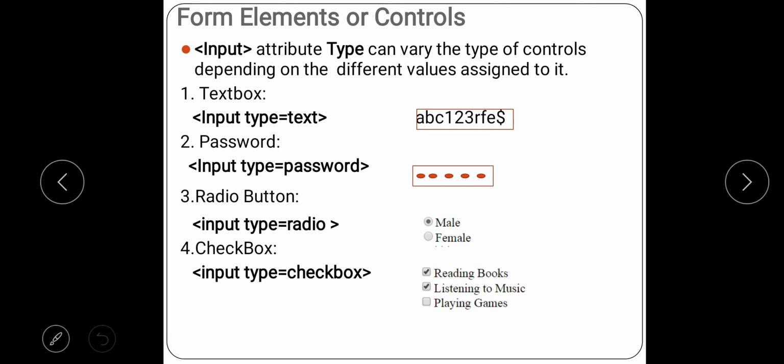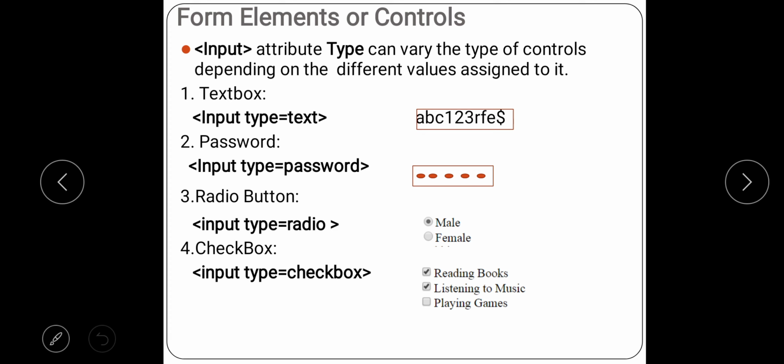These two buttons come into a single group whose name is gender. Then only it will restrict me to select a single option from the group. If I don't use the name attribute, the radio button does not work as it should. So whenever you are using a radio button, you have to use the name attribute compulsorily. Otherwise you will see that the radio button is allowing multiple selection also, right?